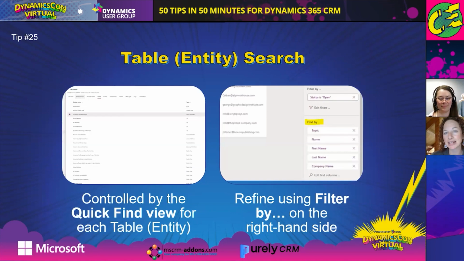Table search is a little bit different. So this is when you're in your model-driven app and you navigate to a specific area like accounts, and that's the little search bar up there. That's searching just that specific table or that specific entity. This is controlled by the quick find view, which lives on every table. So all you have to do to edit that is add that specific table's quick find view, make changes. What you want to do is check out the filter by on the bottom right-hand corner. And then those are the fields that will power the search. So any field, any column that you have listed in that filter by,